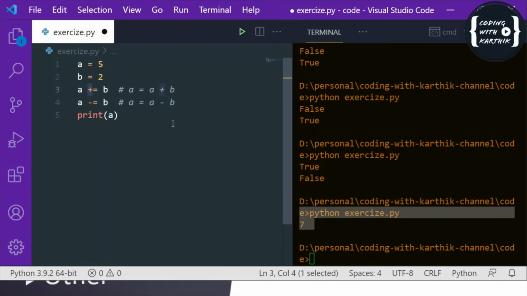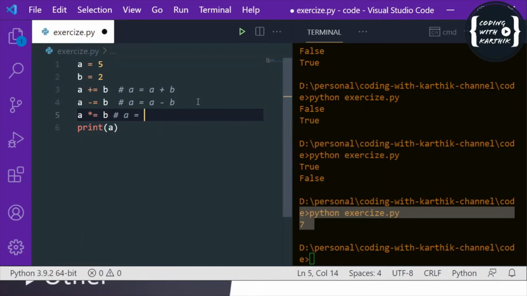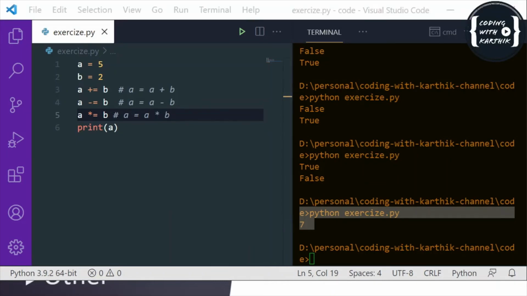You can use anything. So here we are adding this b to the a and assigning the value to a again. So instead of a equal to a plus b, we are just writing a plus equal to b. So this is how the assignment operators work. Not only this, you can use other operators also, like a multiply equal to b. This means a equal to a into b. So this is how it works. So you can use these assignment operators whenever you need.